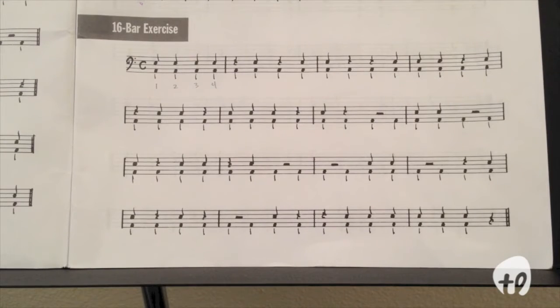Okay, so assuming you've gotten through all numbers 1 through 15 on lesson 1, then you should be ready for the 16-bar exercise. Now,